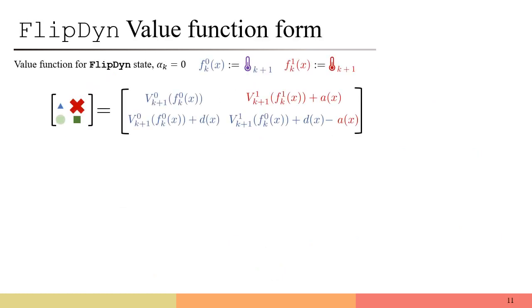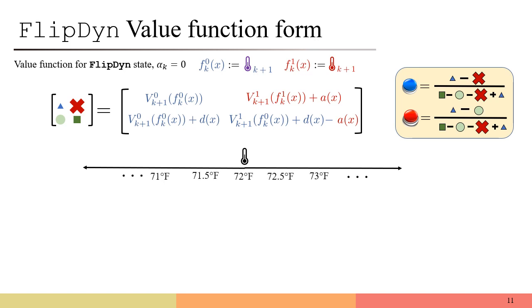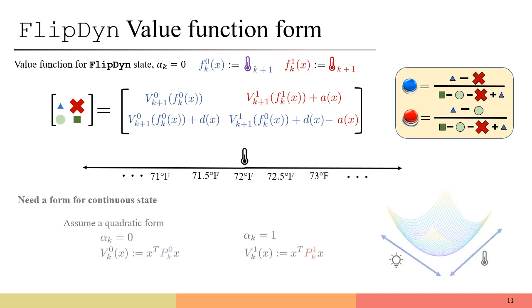The probability of takeover by the defender and the adversary is shown symbolically on the right. So you might wonder if the problem is solved at this point, but if you notice, the zero-sum matrix is a function of the future state. So we will have to solve such a matrix game for every possible temperature in the thermostat example. This is impractical for a high-dimension system with continuous state,